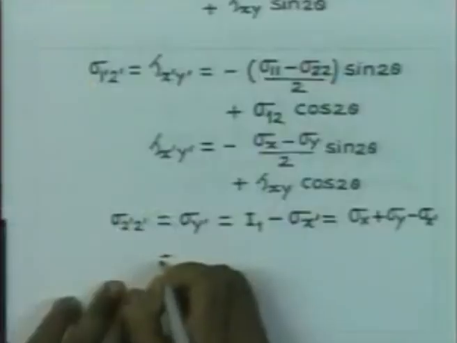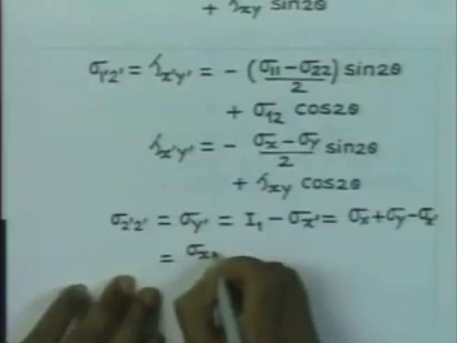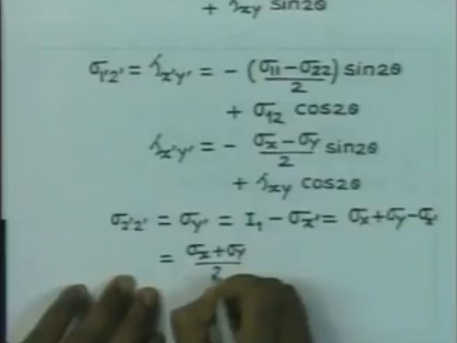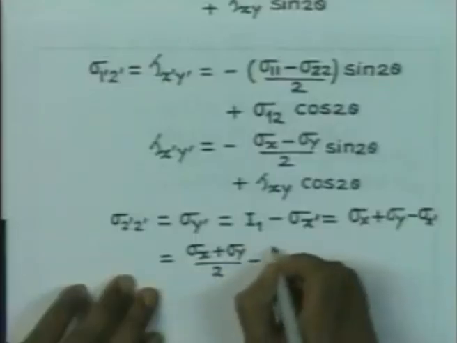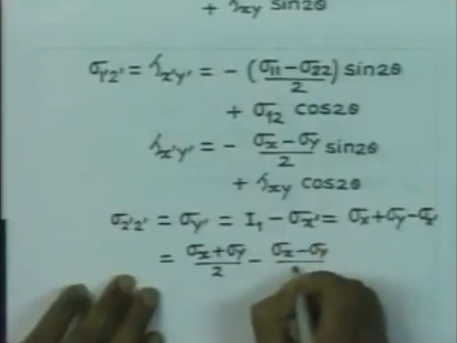And finally, if you substitute the value of this sigma x dash, it will come out to be like this: sigma x plus sigma y by 2 minus sigma x minus sigma y by 2